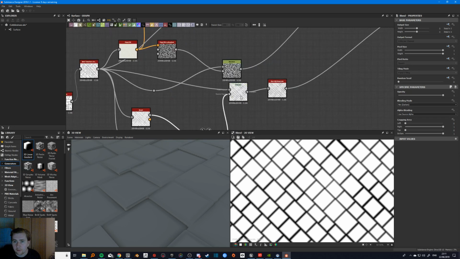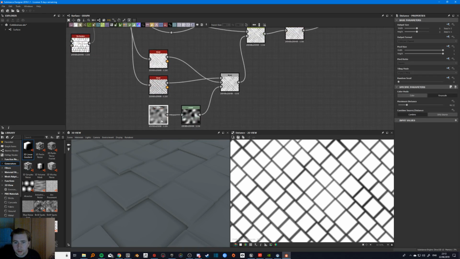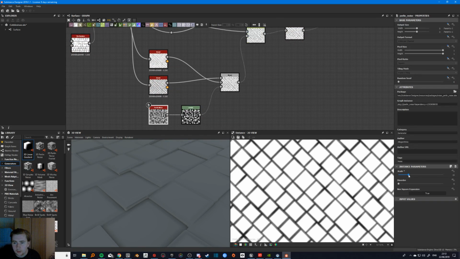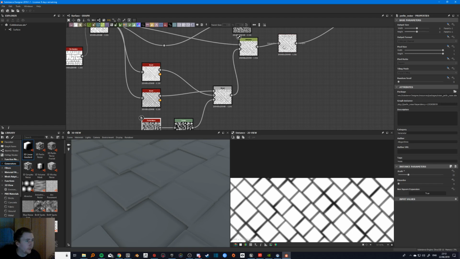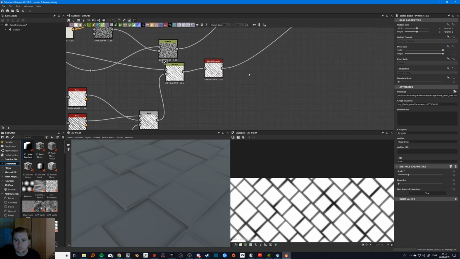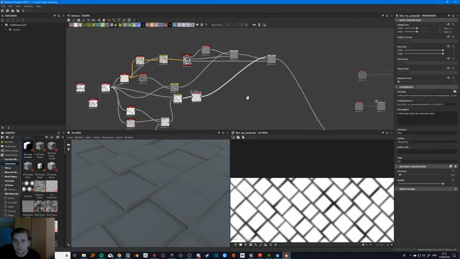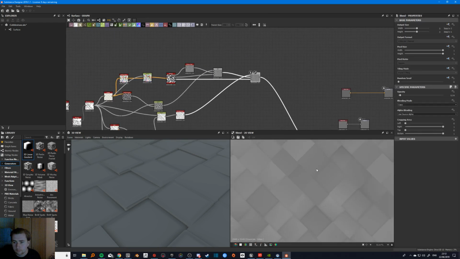Now the bevel amount's just kind of random. Maybe I'll make that quite small so that it's just more random. So you're getting some of them that are just a lot deeper than others, all the way at different points. And we're still going to get that really sharp edge on there, so